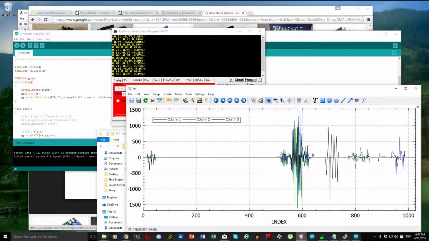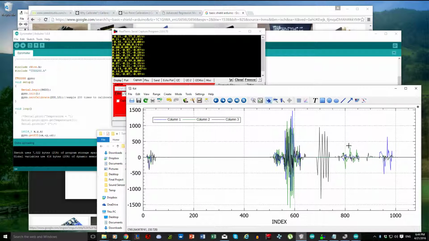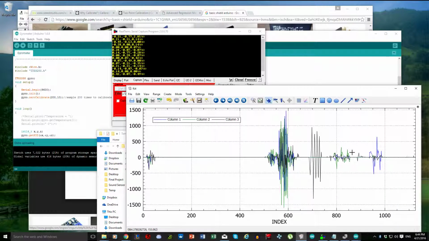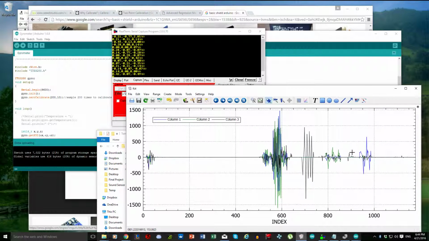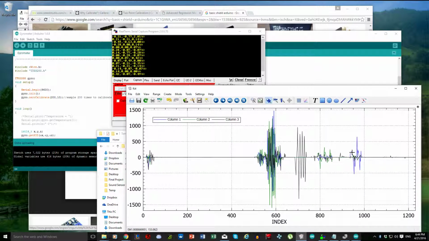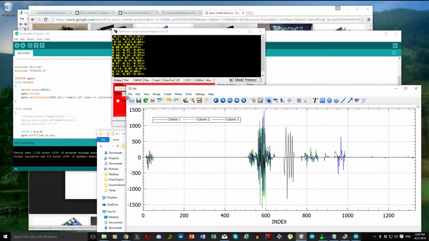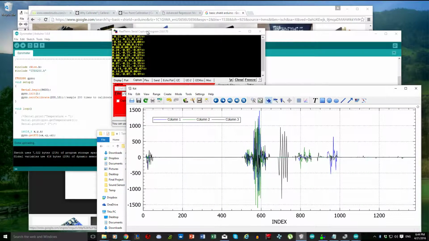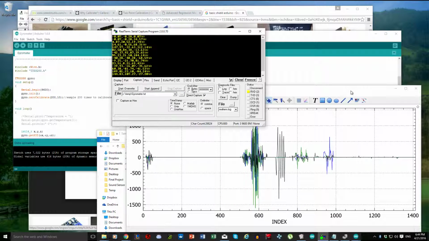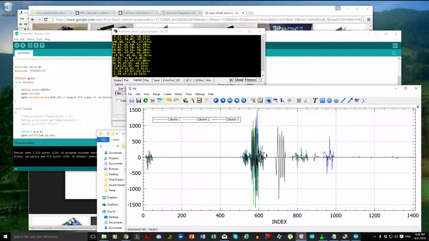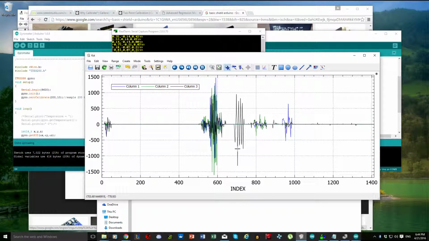So the 3 points, the black, X, Y, and Z, or I don't remember what it was anymore. But yeah, here you're plotting everything in real time. And yeah, there you go. Here you have it. Let's go back to the real-time program, stop capture, and here you go to the plot. Let me put this here. There you go. To the plot,